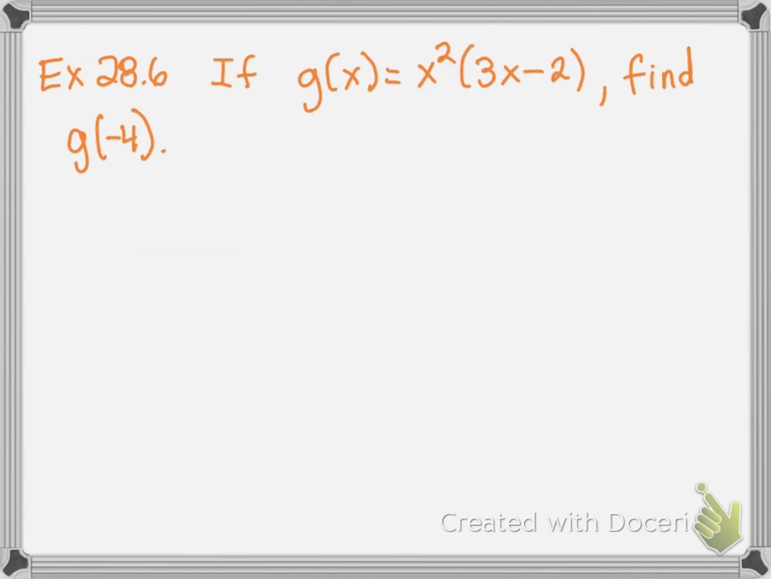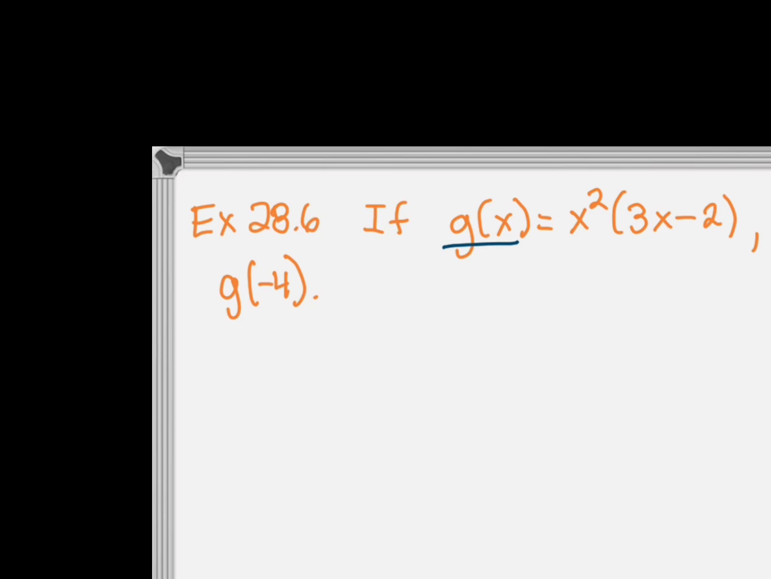Now, we can also use other letters. F of x is the most common one, but in this case, for example, they're using g of x, and that's just another way of saying the same thing, but we could also call it f of x. So in this case, we have to do the same, but with g, and the value given is negative 4. Notice that this machine is different. In this case, we're first going to square the number, and then we're going to multiply it by the triple of the number,